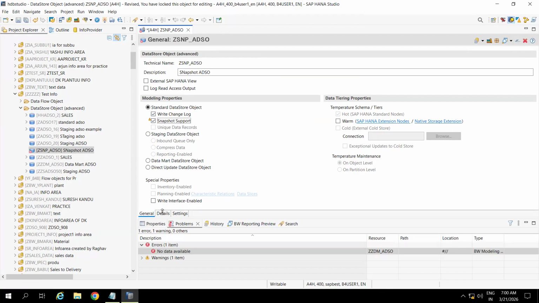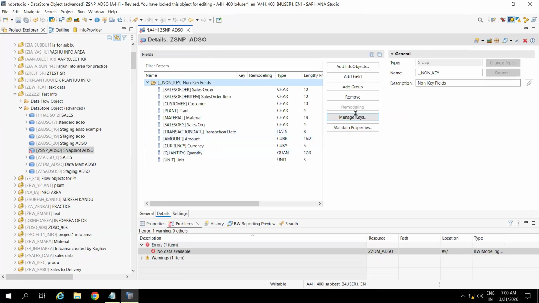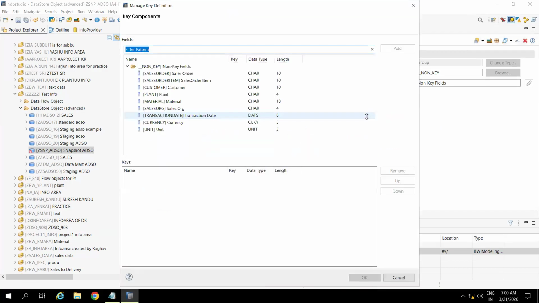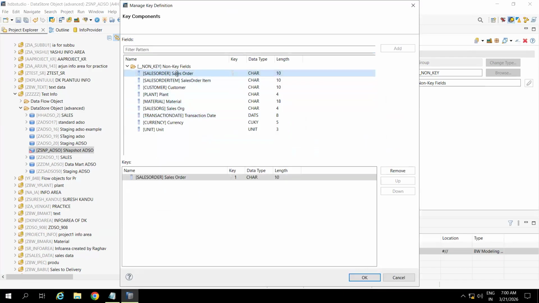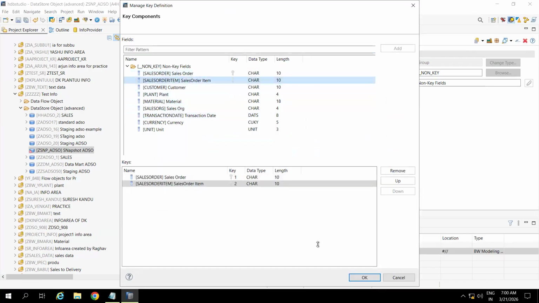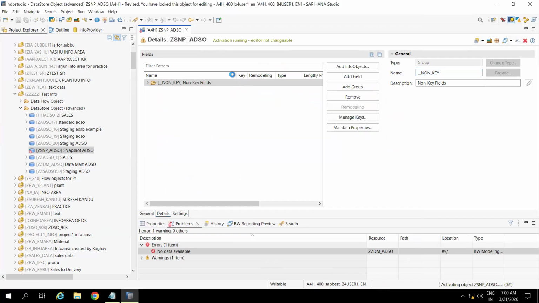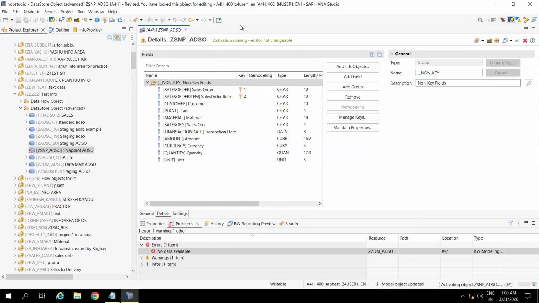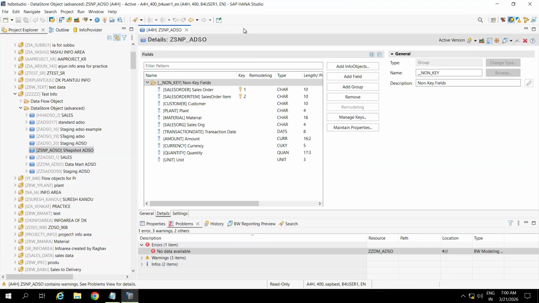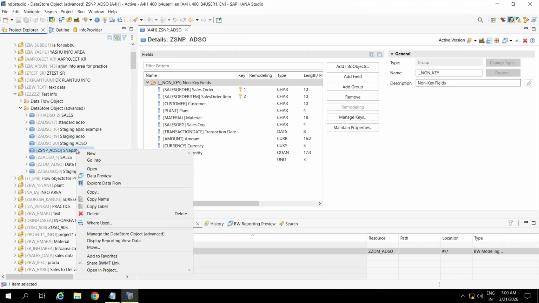Now go to details. See, manage keys are available. So I'm maintaining two keys. Fine. Activated. Let me activate. Now I will go to the